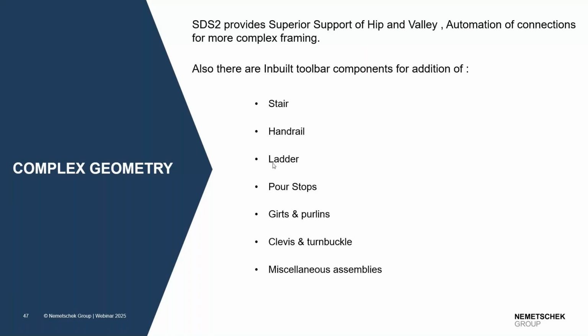SDS has a direct plugin for adding your secondary steel or your complex members, like your stairs, handrails, ladders, post stops, girts, clevis and turnbuckle, and miscellaneous assemblies. So I just have a video showing how easy it is to add a stair in SDS. So if you see here,